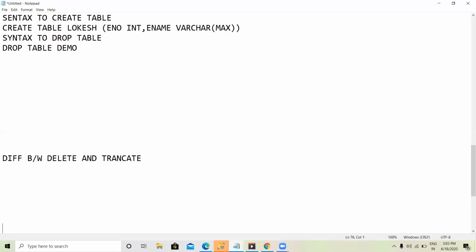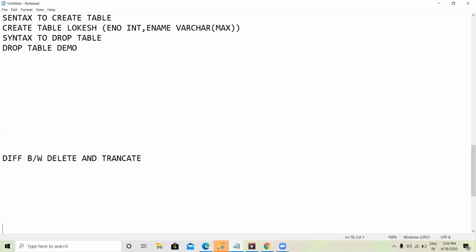Truncate deletes the records at a time and it cannot be rolled back. Delete works record by record. This is the main difference. Delete can be rolled back.